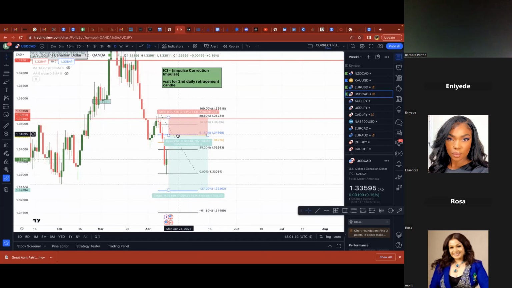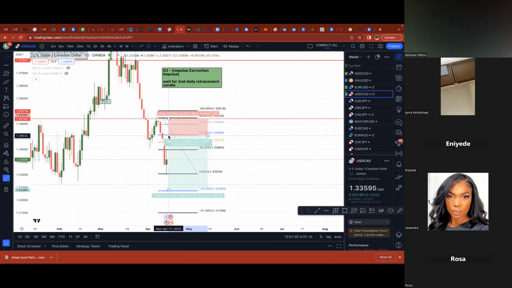Once price comes to the 61.8 and closes below the 61.8 for the sell, we will put our sell limit back at 1.34569 or a little below there, and you can adjust this the way you want, or you can put it way up here if you want, however you want to do it. You're going to have a smaller risk to reward ratio here, or you can put it right here and just keep your stop loss. Just keep your stop loss. For those who don't want to, for this, don't hedge.